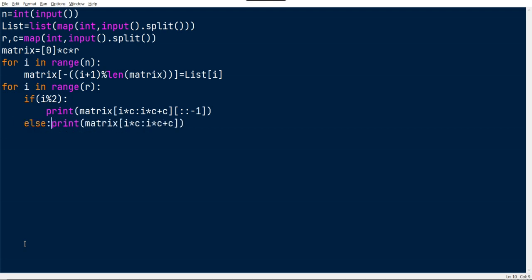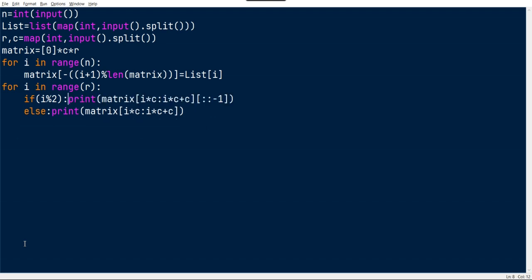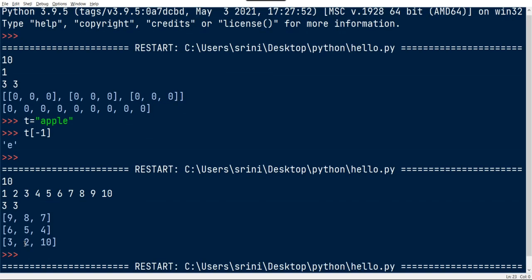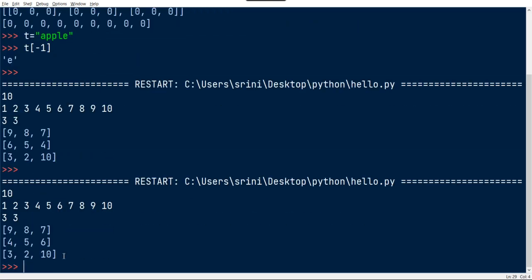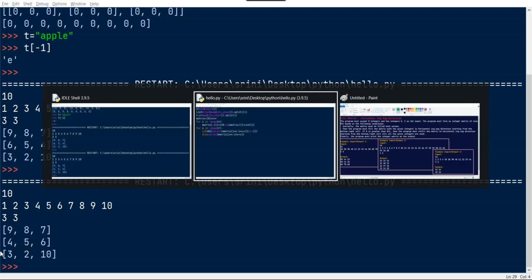Else do this. So I run this for the same input. Now we got 1 2 3 4 5 6 7 8 9 in a zigzag manner.